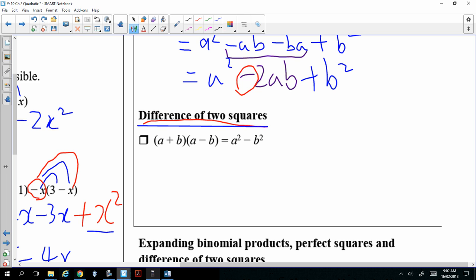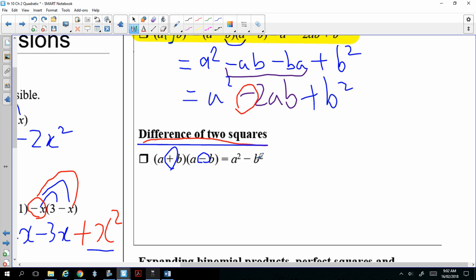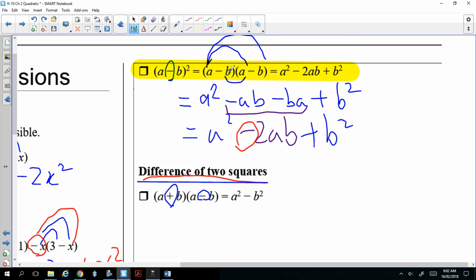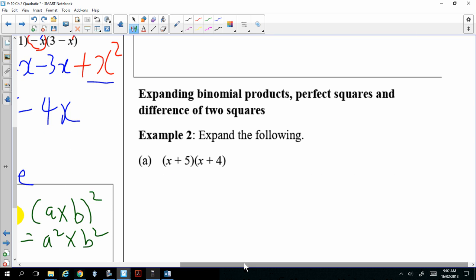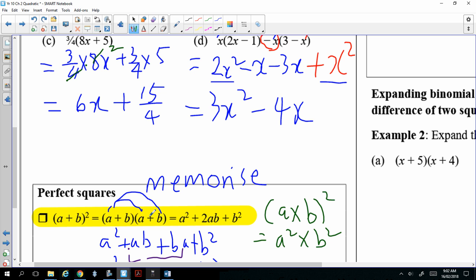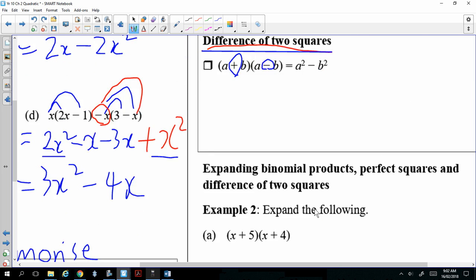There's a plus c, there's a minus c. These are, and you will get a squared minus b squared. Whereas the other one, both are minus or both are plus, right? These are perfect squares, both have to be the same. But when it comes to this one, one of them has to be plus, one of them has to be a